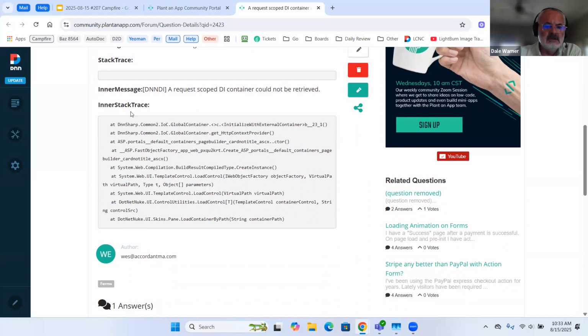When you see this, first of all, a DI container, we see these errors reasonably frequently, and it's in dependency injection. I know what the words are, but I don't have too much of a clue what that means. So we leave that one to the developers, but we see this quite a bit. But the inner stack trace, even I can read a little bit. Reading from the bottom up, you see